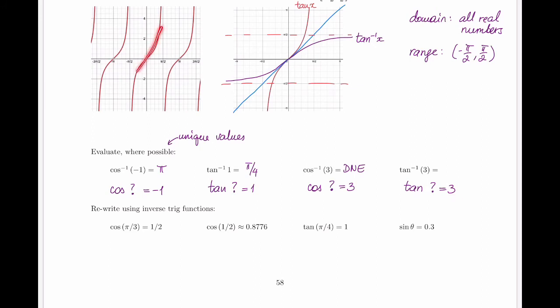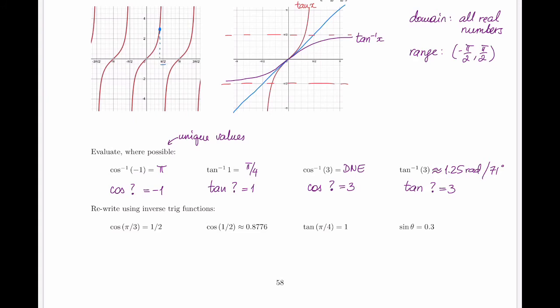It can be anything. And in fact, if I have to see tangent of what angle is 3, I know that it's this line right here that is at 3, and I'm restricted to only this piece of my tangent function, so I know I'm after this point right there, somewhere between 0 and pi by 2. Plugging this into a calculator, you will see that this is approximately 1.25 radians or 71 degrees. Okay, which again seems reasonable. This will correspond to a point somewhere right here, which is pretty close to pi over 2, which would be